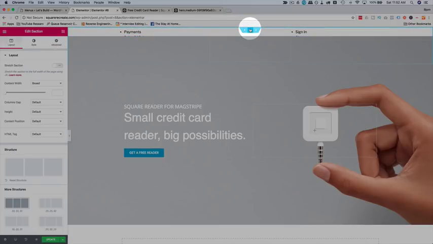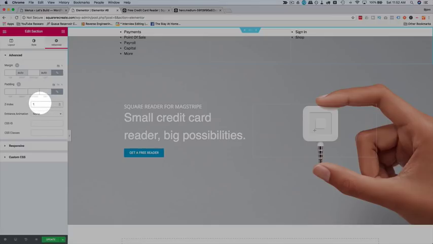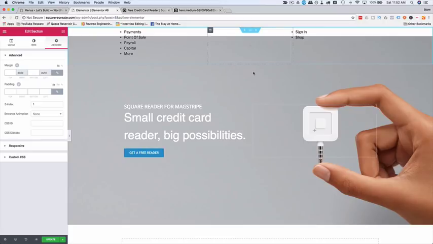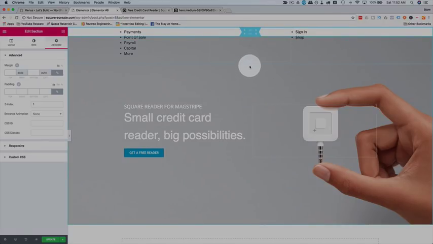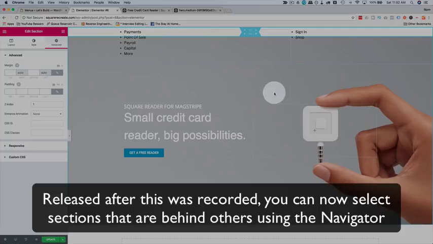So let's hover. Let's go to the section for the menus, go to Advanced, change Z index to 1. Now they're out in front. Now we can't click the section. This is where it gets tricky with these overlapping things. You can't click on the section for this middle area because it's behind the menu. So whenever we want to select this section again, we got to change the Z index back to 0. That back and forth can be a bit of a pain. But either way, that's how we have to have our setup in order to have the background image that flows